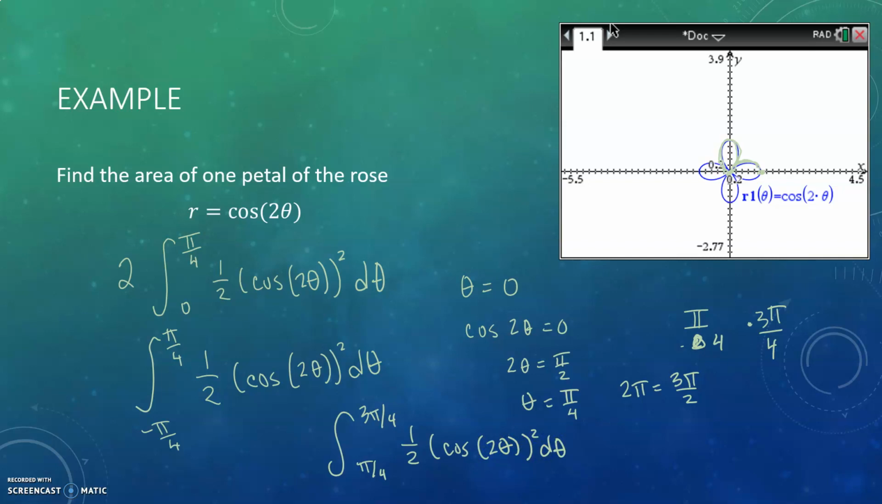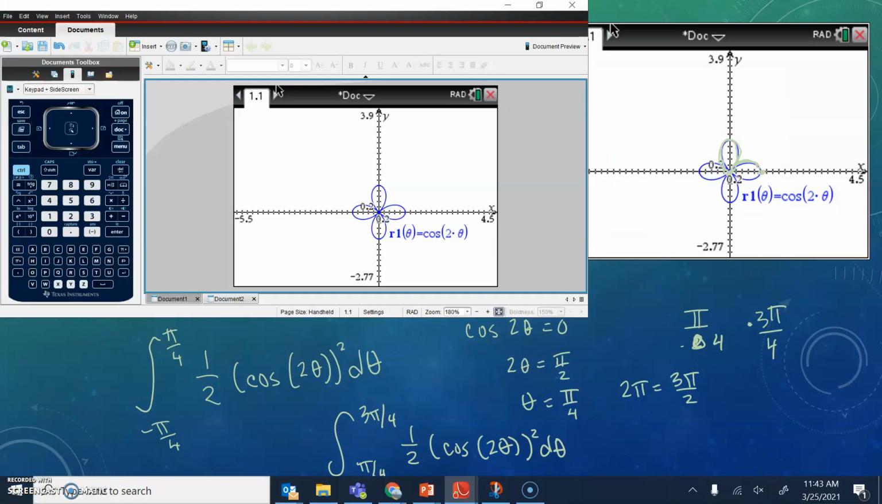All right, so that's how we use polar to find area. I forgot to mention that the way we would evaluate these integrals is just on our calculator. We wouldn't be expecting you to do these integrals by hand. You'd be just grabbing your calculator to find that area. Let's go ahead and do that for one of these petals. So if I'm on a calculator screen,